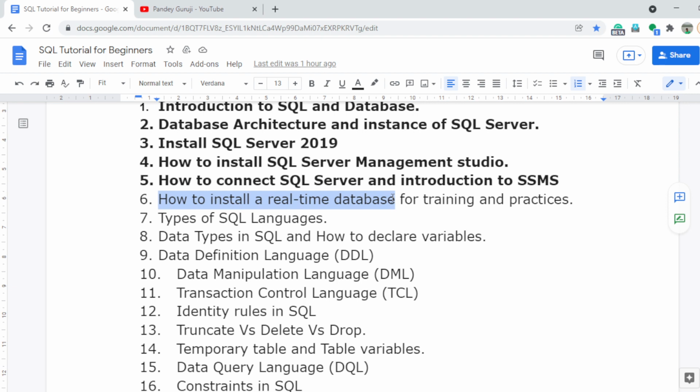If you try to create a real-time database manually, it is very impossible. You cannot create a large amount of data, and you are also not able to create the relationships. That is a very difficult task. So I'm going to show you how you can upload this real-time database on your machine.